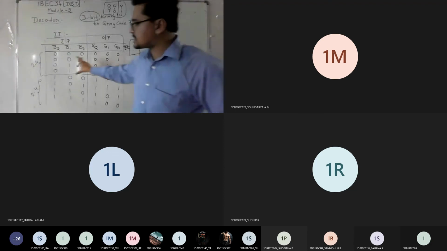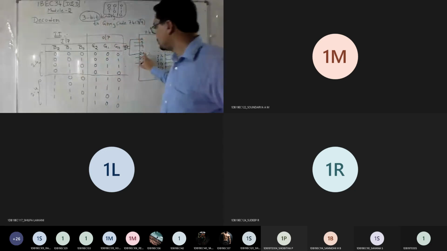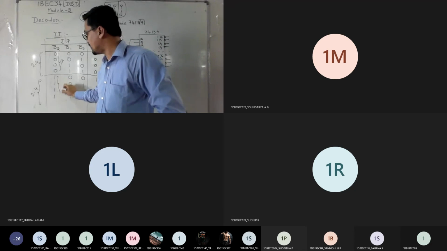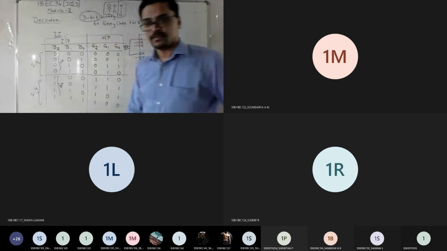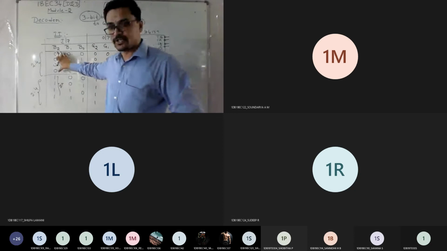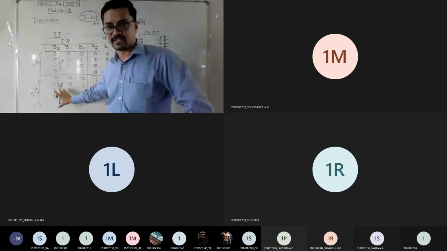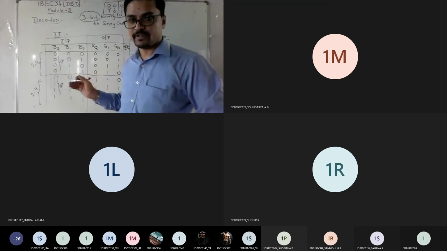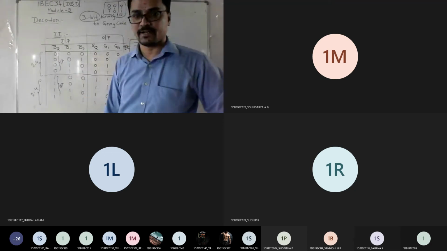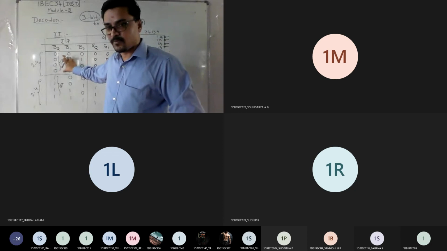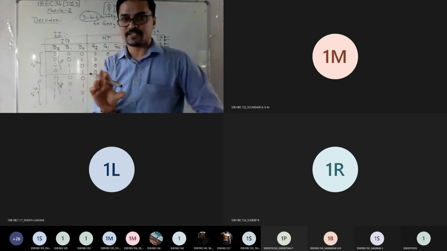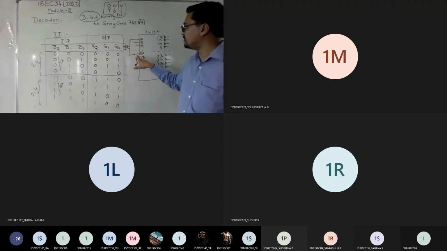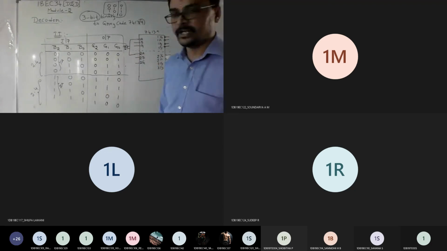1A indicates this 4, then 2A. This is your 1A, and this is your 2A. Both have the same input: 0, 0, 0, 0 in one, and in the other 1, 1, 1, 1. There is no change. How we will show it for your B0, I will show you later. Is it fine? Since this 4 and this 4 are the same, the first decoder has the same input and the second decoder has the same input, so I can connect 1A and 2A to B2.